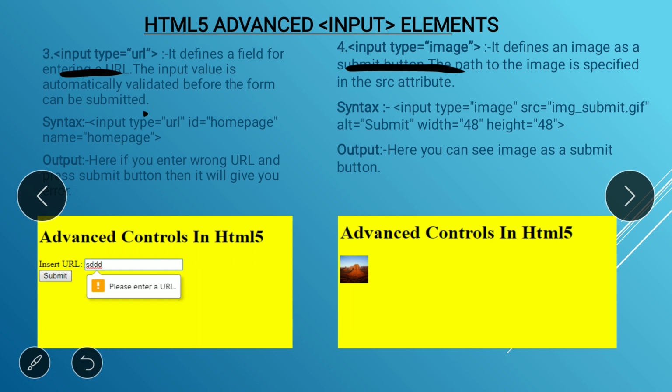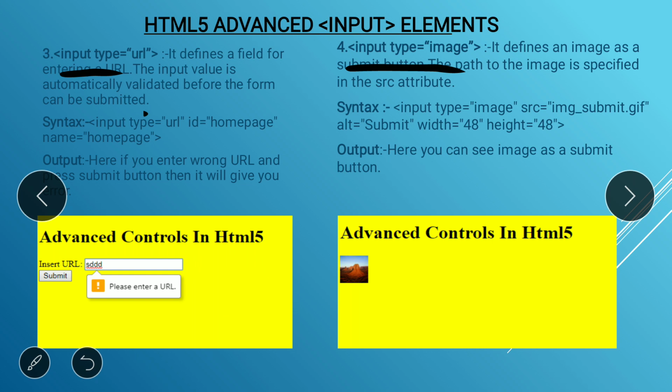For that we write the background attribute of the body tag. Second, we take an image on the web page. For that we directly use the img tag. Third, we can take an image as a link. So we already learned about that. We can write the img tag in between the anchor tag, right?